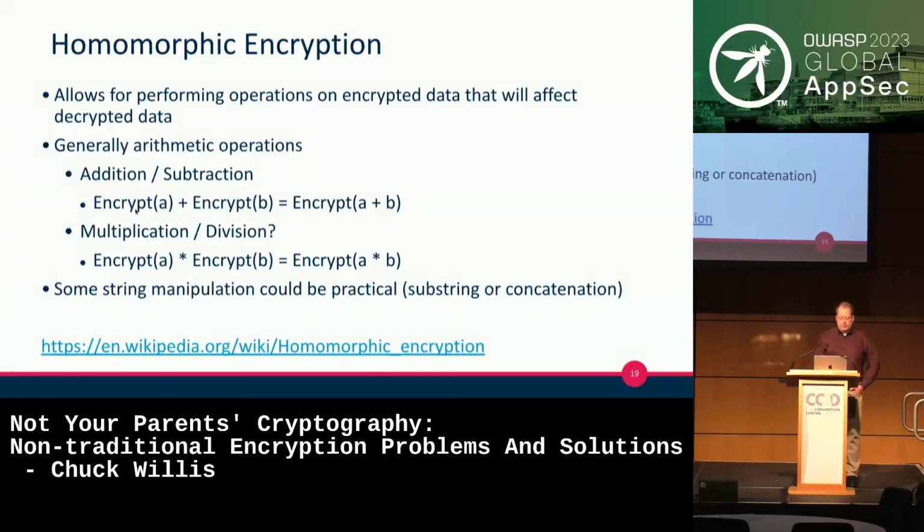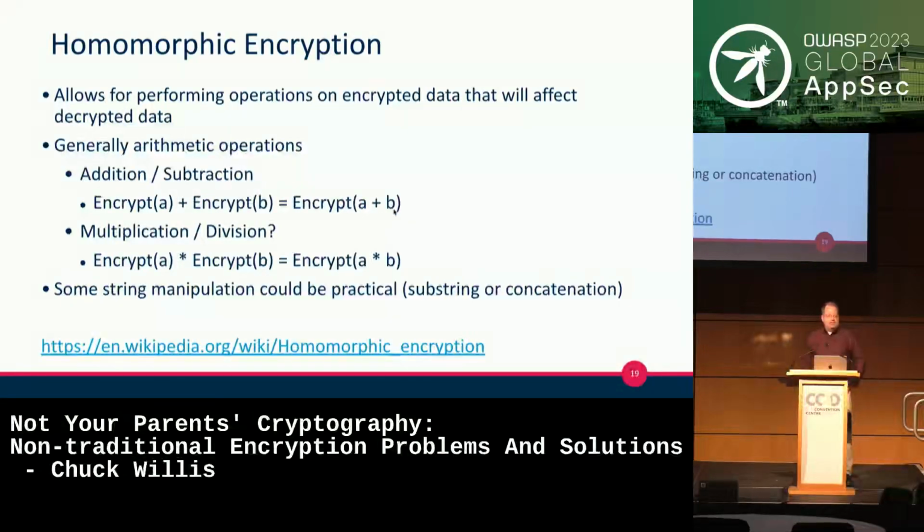So the simple example here was addition. You've got A and B that you want to add together. One way you could do that is to take A and B, add them together, and then encrypt them. But the other way you can do it is to take A and encrypt it, and put it in the database. Later, take B and encrypt it, and send that to the database. The database then adds the two together, and it's guaranteed to be the same as if you had added them before you sent them or through the encryption process.